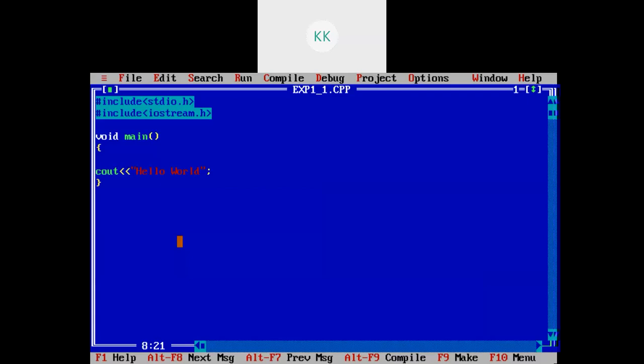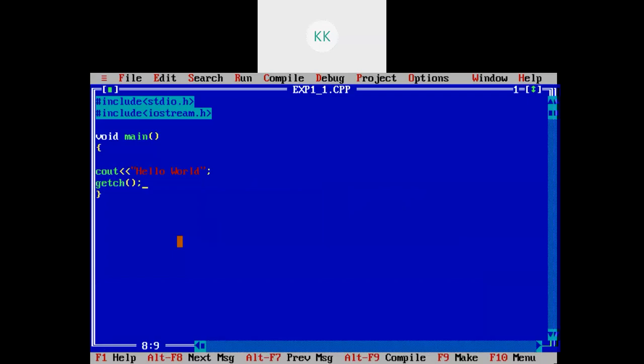In order to avoid that, I can write here getch. Getch is a function which is used to input a character. So as you know, the programs will get executed very fast. So why will the program stop?